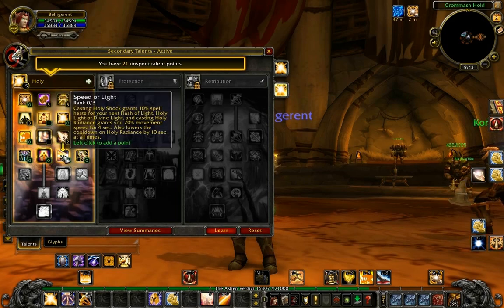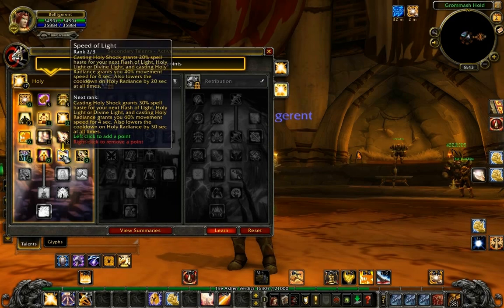This is going to be an amazing talent once people actually reach level 85 and have Holy Radiance. Holy Radiance is a new heal that is kind of like Wild Growth for Druids. And there really isn't any difference between this talent and Wild Growth, to be honest. Except Wild Growth can be targeted on other people, I guess. And this Holy Radiance is just going to be like an AoE Consecrate heal-ish type deal. But yeah, this talent right here, what it does is it makes your Holy